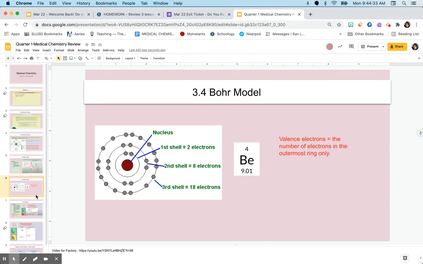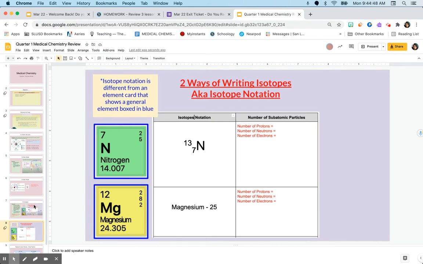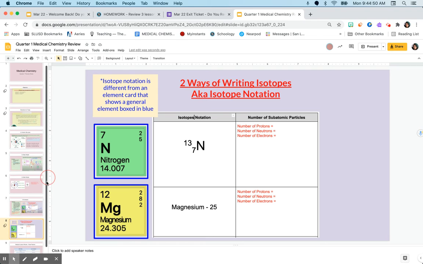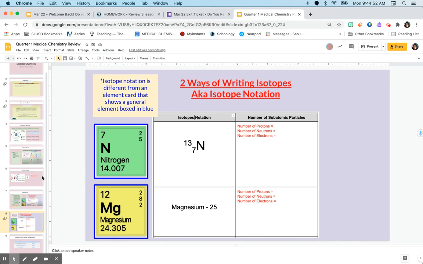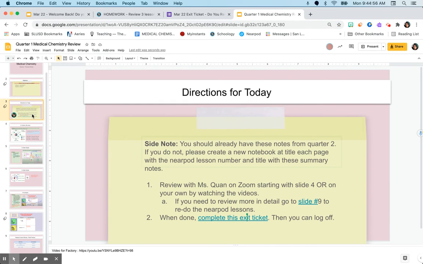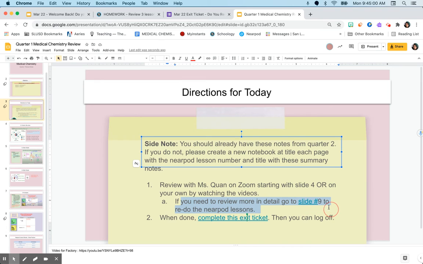Then I gave you this to try. And remember that everything written in red is a definition you need to know. So slides 4 all the way to slide 8 are just the written notes with common definitions that you probably want to remember. If you just want to breeze through and be like, oh, okay, I kind of remember this. If you need to go into more detail and you're like, I don't remember anything at all, excuse my alarm,